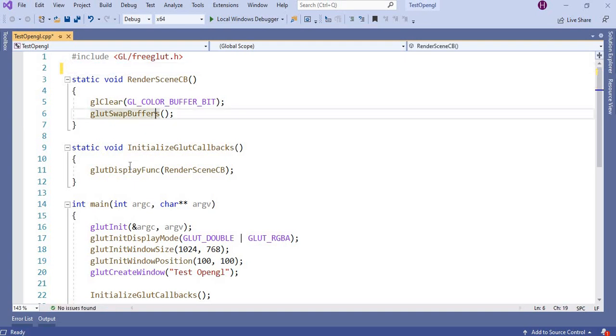Then create one function, render, do nothing, just clear the buffer of your screen and swap buffer. I'll tell you later, because we are just testing whether our freeglut is set up or not.